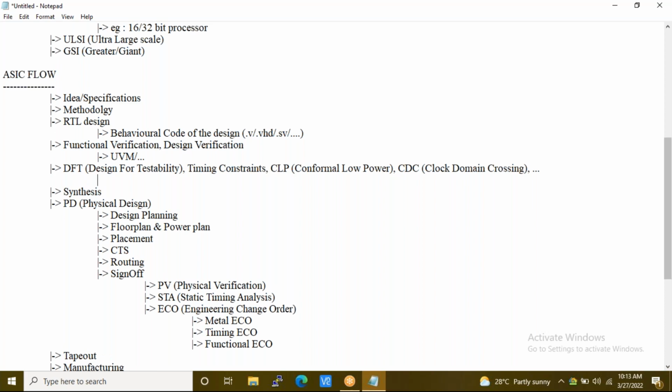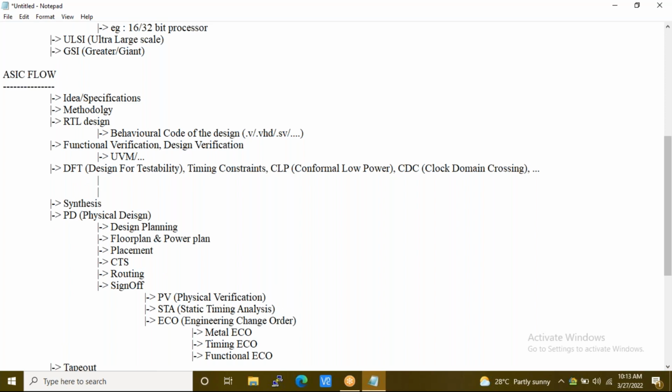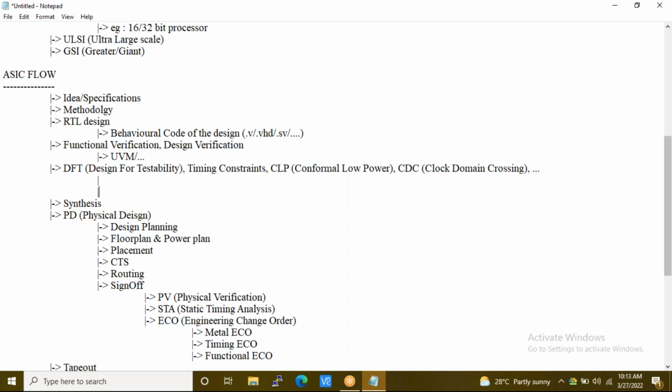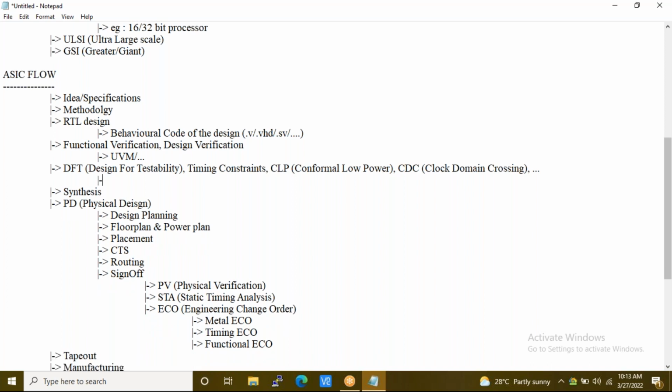Next, DFT. DFT, timing constraints, or let's make it separate. DFT. So in the DFT team, what we are going to do is, if you remember, the front end is purely on the logical side: based on the test vectors, checking the output of the code, and if the result is correct, I'm good to go.